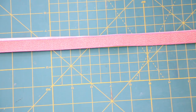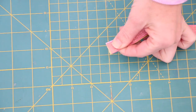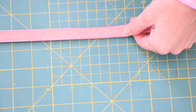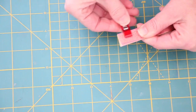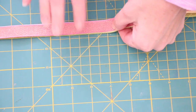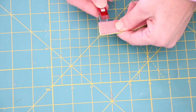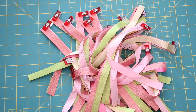So to start off, I am taking my smaller ribbons and I'm cutting them in 12-inch strips. You need a total of 11 of each of your ribbons, and I just like to bundle them up together. I think that it just goes a lot faster, and here you see that I'm using little quilt clips as I do that. Now, you could also just use regular binder office supply clips if you don't have quilt clips lying around like I do. And so go ahead and cut up all your ribbon and get that ready, and once you have them all cut up and they're ready to go, you can set those aside